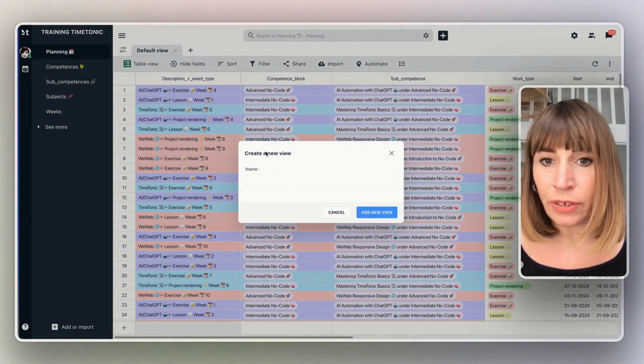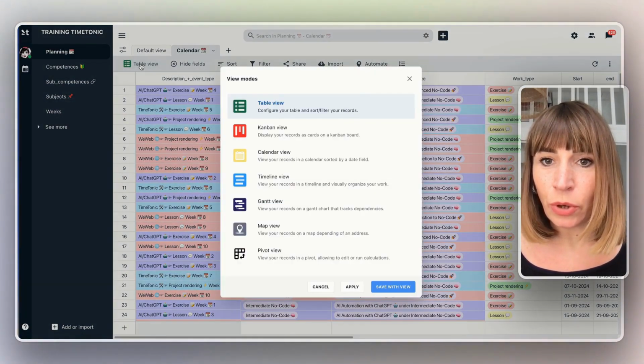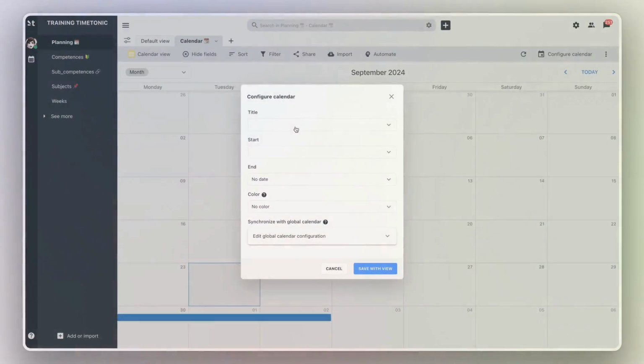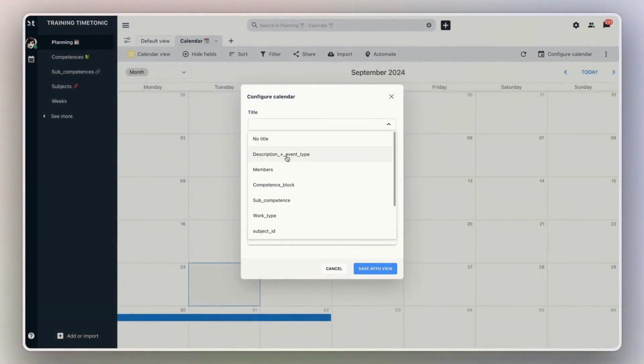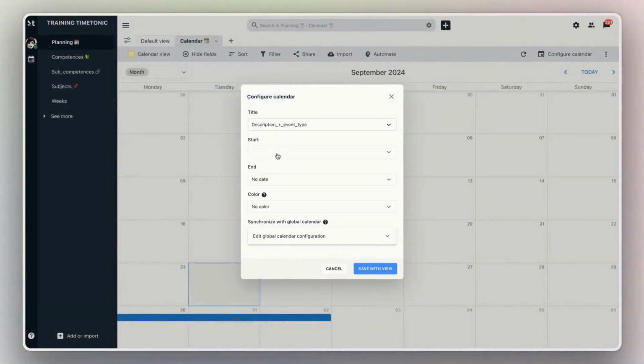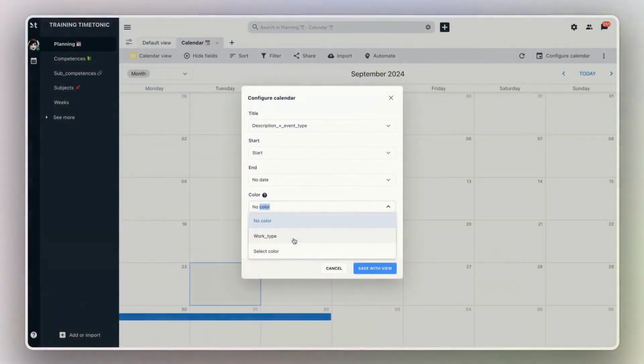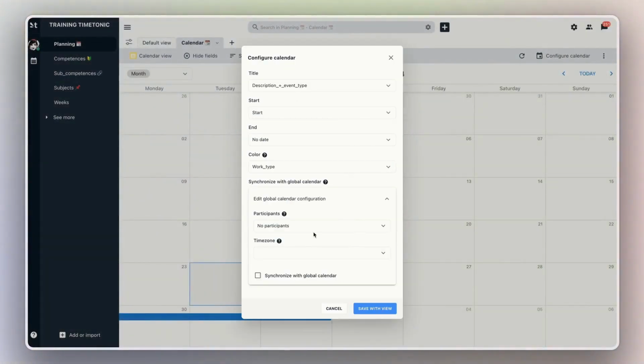Access the view options, add a new view, select the view mode option in the window, choose calendar, and your configuration window will open. Set a title that will name your event. Select a start date and optionally an end date. It's not mandatory. Select the select field to define the color and type of your events, and you can set